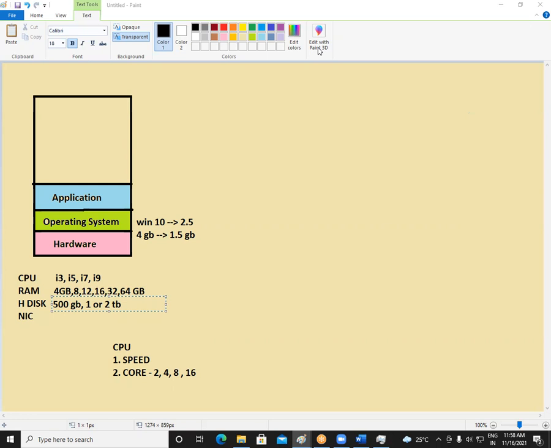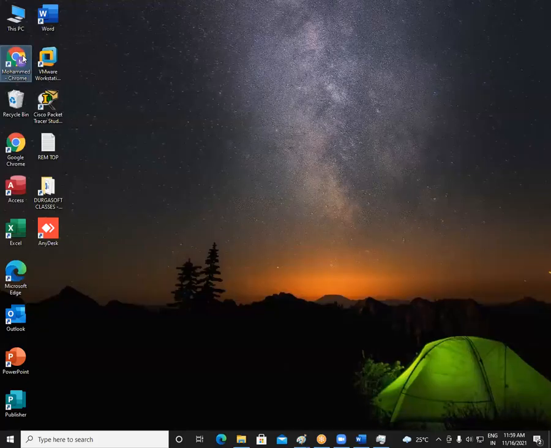Okay, so normally if you go with the last 3-4 generations, which came in the last 2-3 years, then that is manageable. But if you go with an i5 first generation, then it is a bit older processor. It is i5, but it is first generation, right? So we should try to get the latest generation. Now, which generation is the best one, sir? It depends. The latest generation will always be better. Okay.